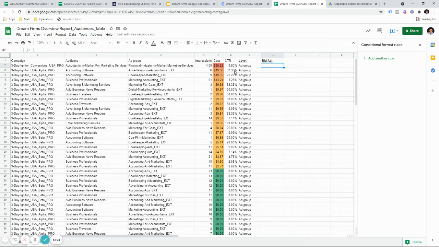Since this is just the cost, we don't necessarily have a tCPA. Anything that's spending a lot so far, we might want to do anywhere between a 0 to 30% bid adjustment. So I would just say minus 15, minus 10, minus 10, minus 5. So that would be the bid adjustment basically. And then you just copy these